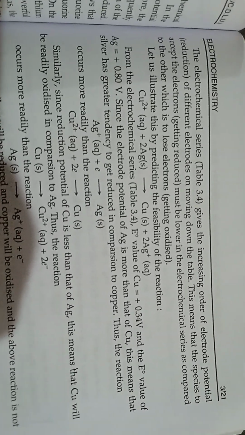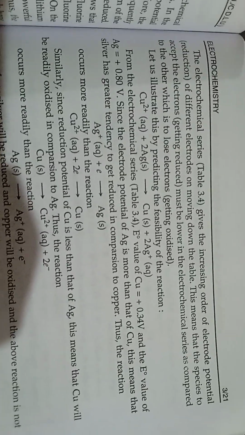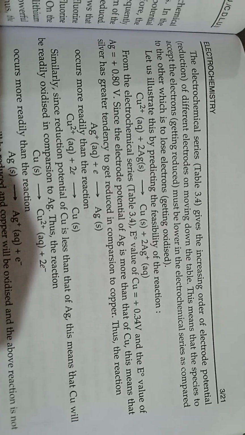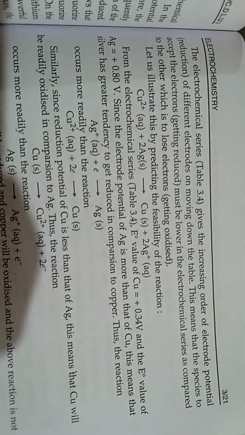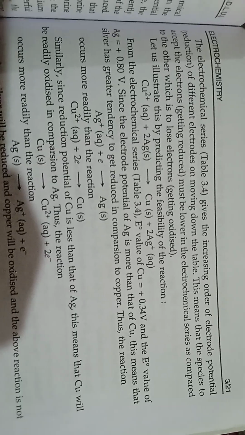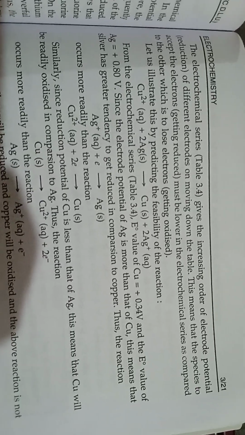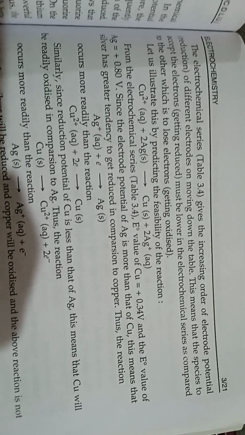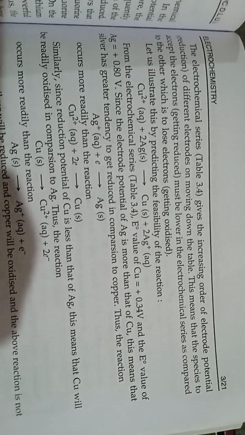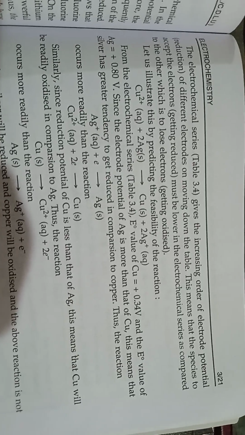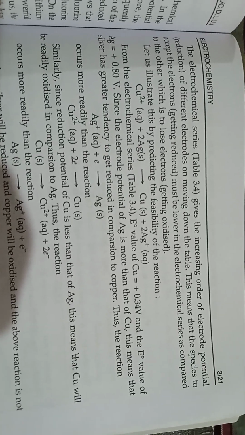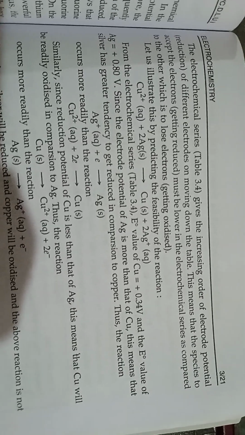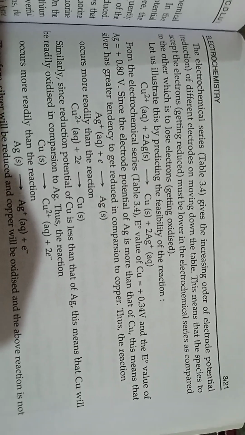Let us illustrate this by predicting the feasibility of the reaction Cu2+ (aqueous) plus 2Ag (solid) to give Cu (solid) plus 2Ag+ (aqueous). From the electrochemical series, the electrode potential value of Cu is this and E naught value of silver is this. Since the electrode potential of Ag is more than that of Cu, this means silver has greater tendency to reduce in comparison to copper. Thus, the reaction